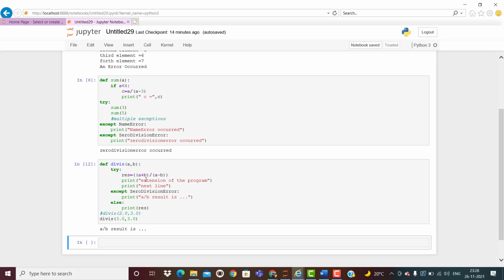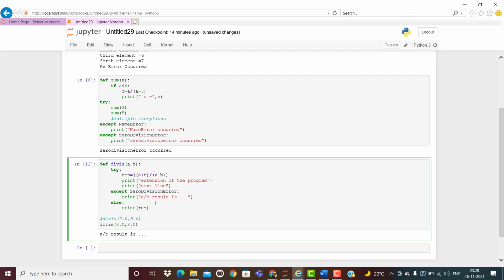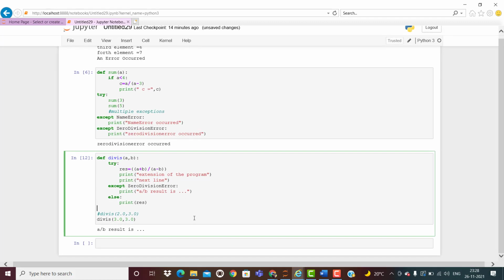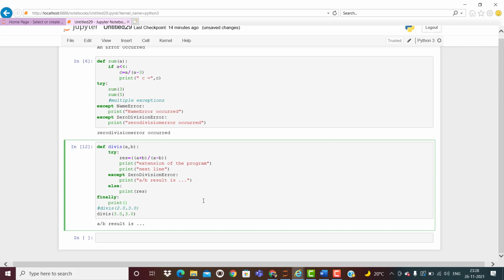So when this type of situation occurs, if you want a few instructions or a few statements to be displayed compulsorily, then that type of statements you can add in the finally block. That means after this exception you write down here finally, and here write down print always executed.